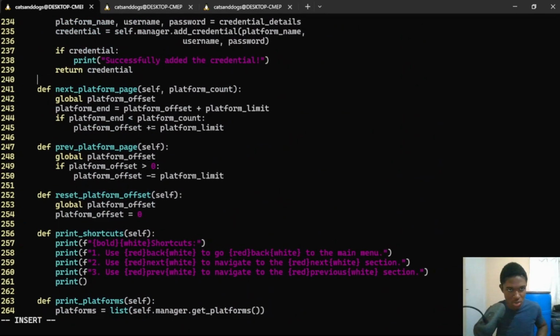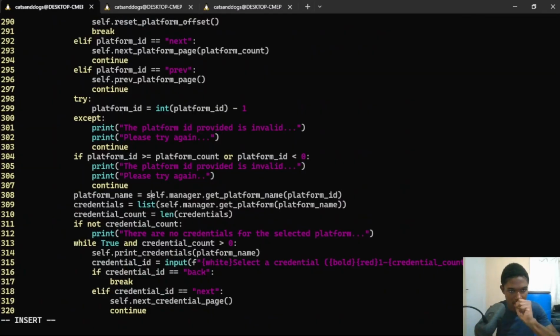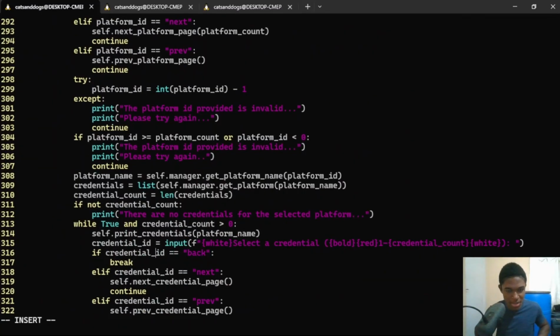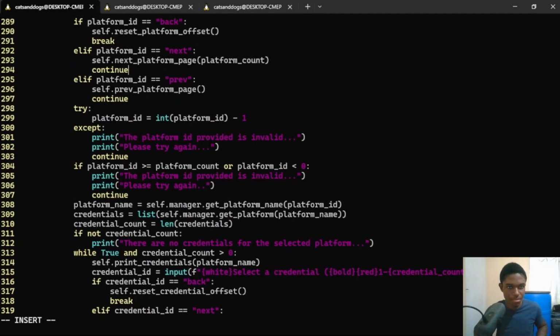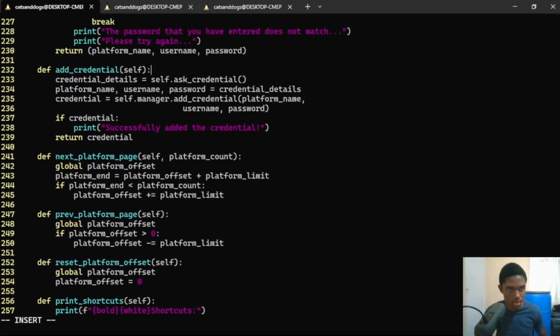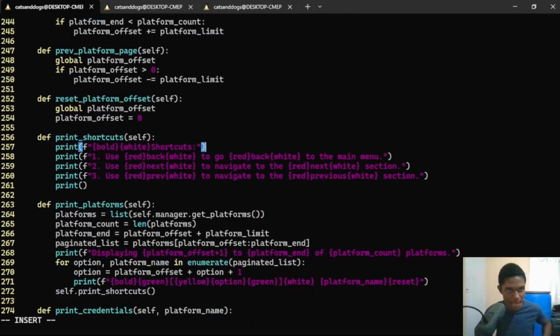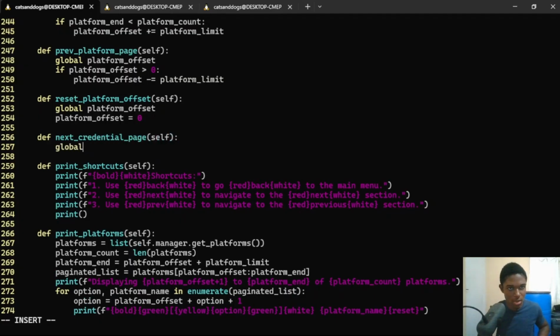So 3 functions we'll need. We'll need one to also reset the credential ID, or the credential offset, I mean. So we'll have a self.reset_credential_offset. Alright, so now let's see. We can define a function up here. Define next credential page. It will inherit from the self, and we'll say global